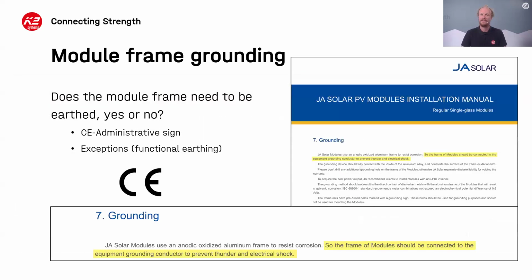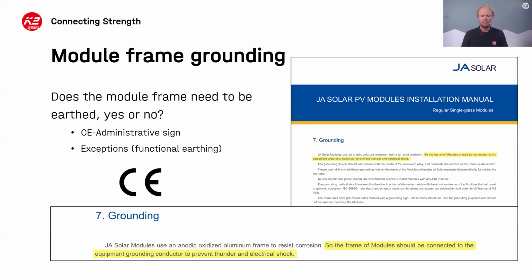So moving this then into the PV frame of things. What can you earth with PV modules? The frame is effectively one of the only things you can earth. And the question then is, do they need to be earthed? And this is where the confusion, or the area of uncertainty, comes up,